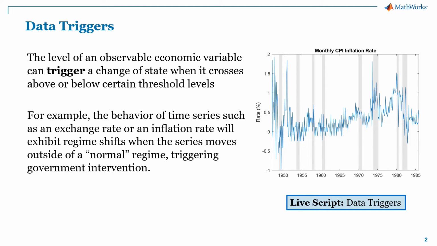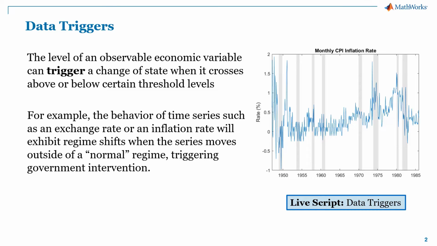In the first part of this series, we talked about switching models in general as describing data that shifts among discrete states. Switching models consist of a vector of submodels, where each submodel describes the statistical characteristics of an individual state. The model also contains a switching mechanism to direct transitions from one state to the next. Markov switching models and threshold switching models share this description, and their implementation, as we'll see, is much the same.